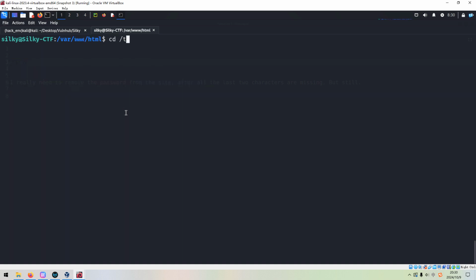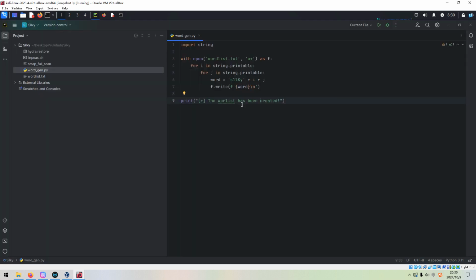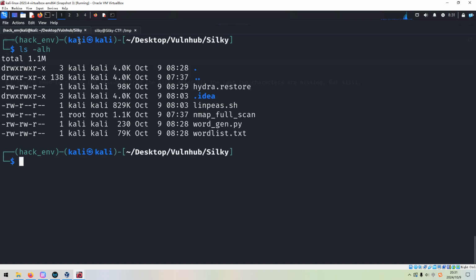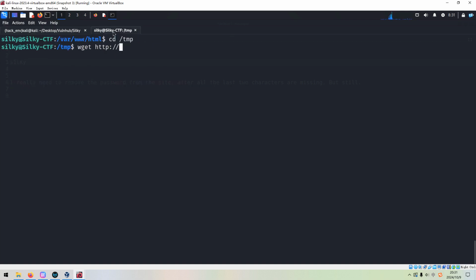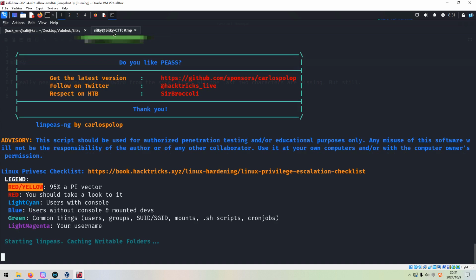All right, not there. So now I'd like to upload the LinPEAS shell script to the target. Maybe I can close PyCharm to save resources. And then we can copy, maybe I've already got the LinPEAS shell script ready. So in order to upload this file to the target, we can set up a web server with Python 3, to be specific. Now we can use wget to download this fantastic script to do the automatic enumeration, and we need to make it executable, and then we can run it.